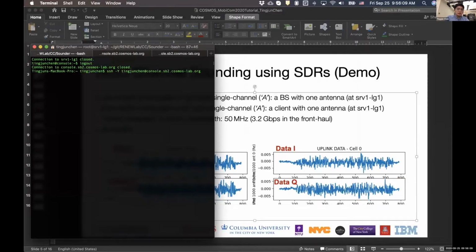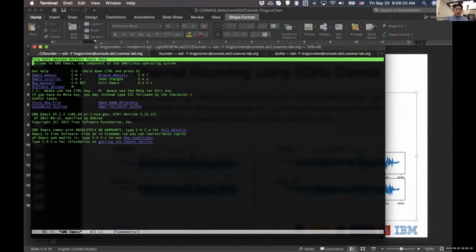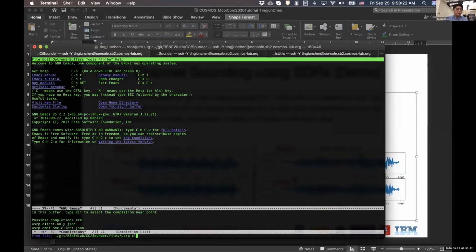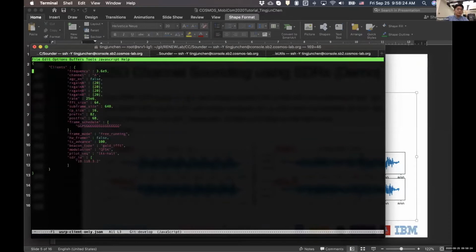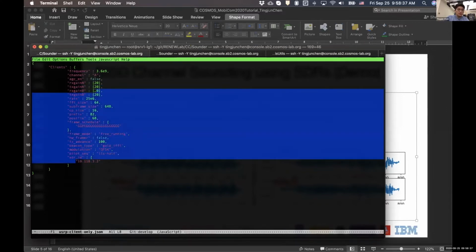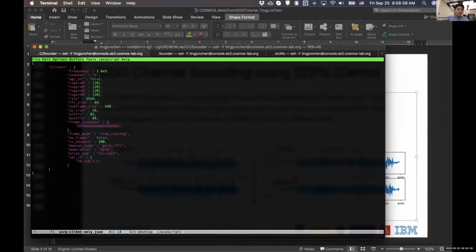Essentially, you can log into the sandbox tool console using the SSH command. I can go to the file that configures the client. Here there's a file that configures clients, basically saying that I'm going to use SDR number 2 on this IP address as the client, and then I'm going to set the front end gains of this device as these values. The carrier frequency is 3.6